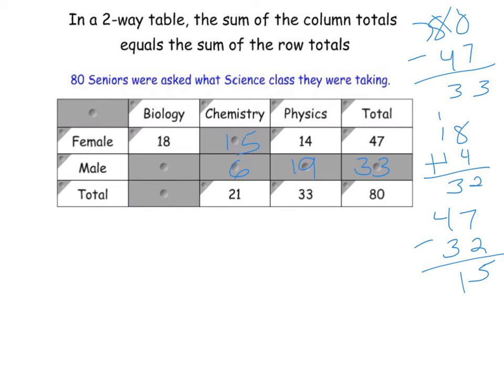So if I find the number of total students altogether, I could take the chemistry students, which is 21, and the physics students, which is 33, and I could add them together. So I'd get 4 here and 5 there, so I get 54. Then I could take my 80 students that I have altogether, take away the 54 where I already know they